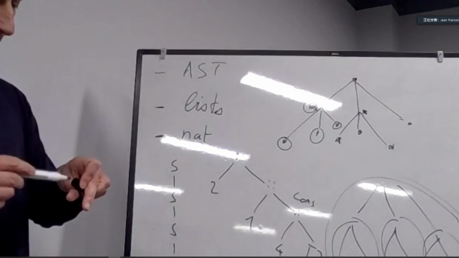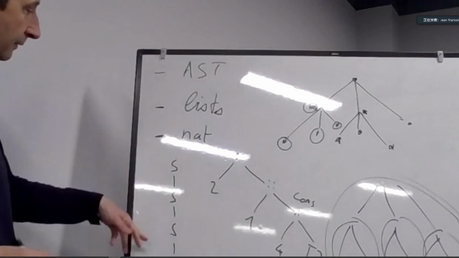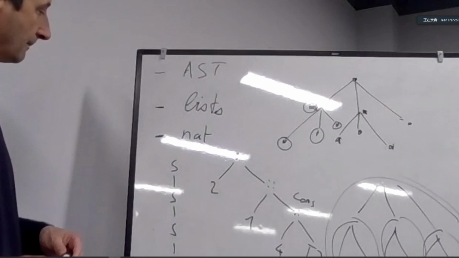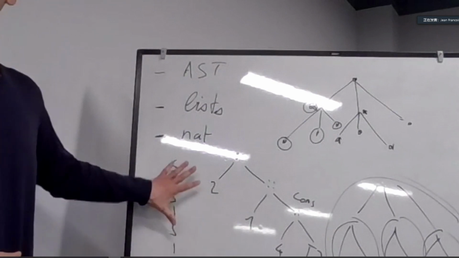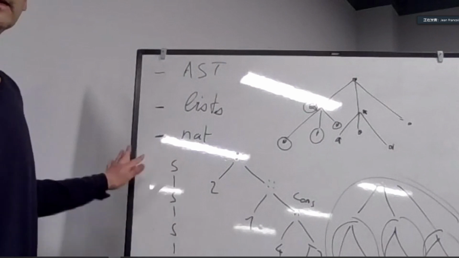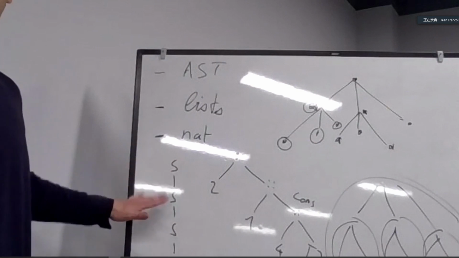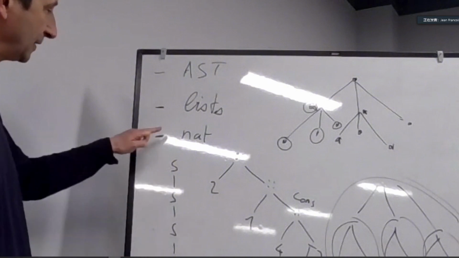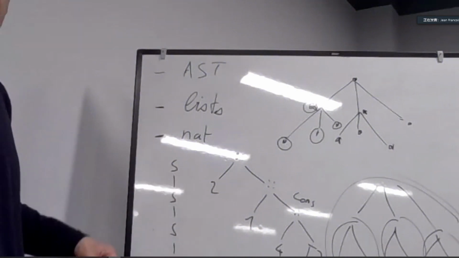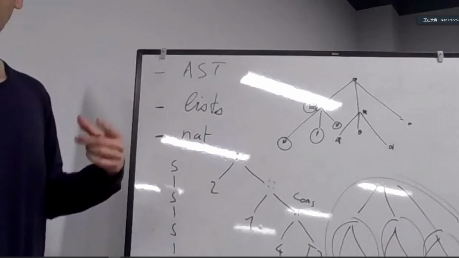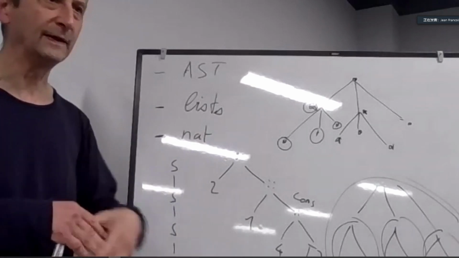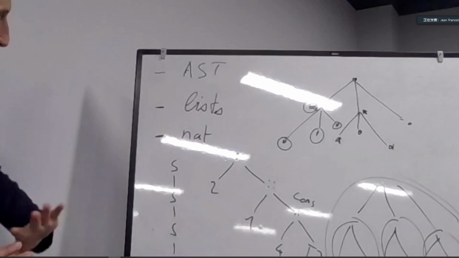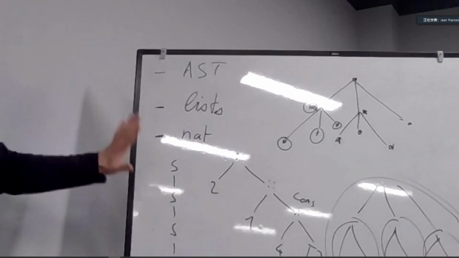So this is basically the simple mathematical representation of natural numbers. I don't claim that it is efficient in any way. If you use this representation in OCaml, for instance, each time you add one you use a pointer, so it wastes a lot of memory. So the question is not about efficiency;